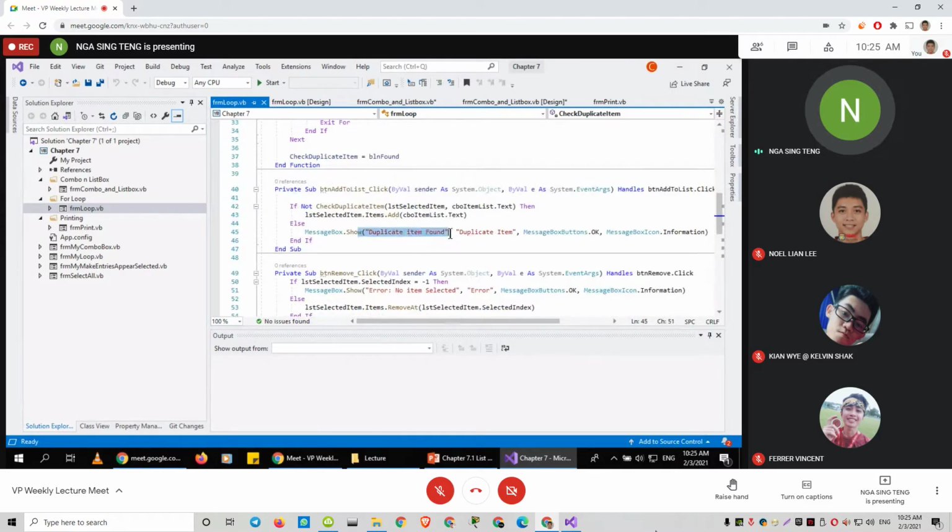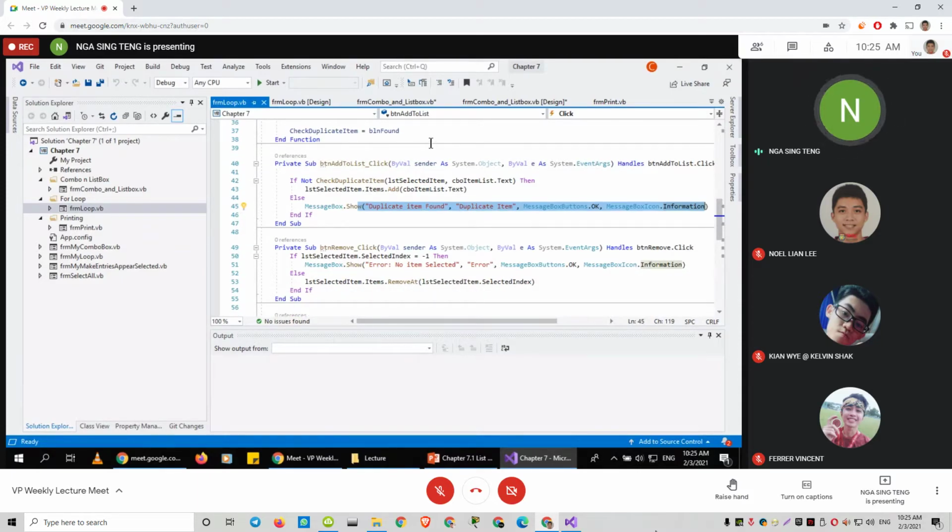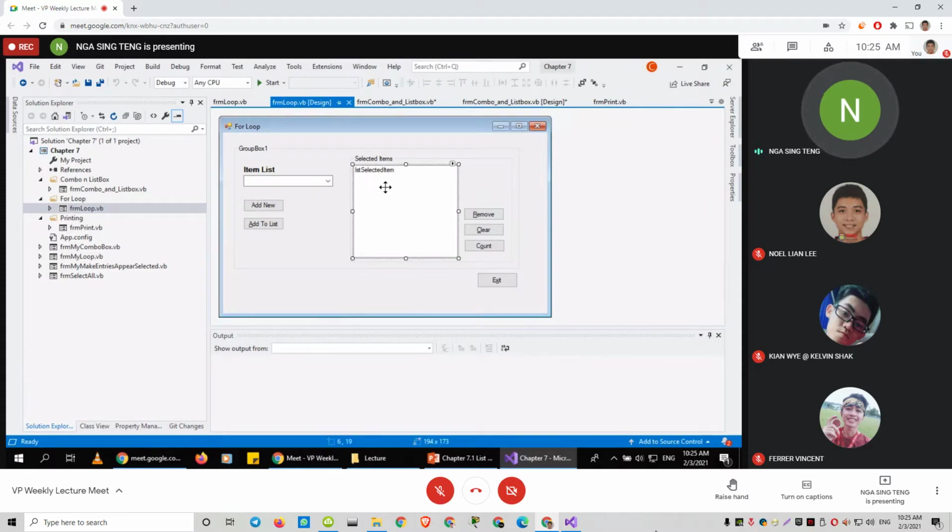It will say duplicate item found if that's a duplicate item. Okay. The same goes for the selected item list box here. If you want to add the same item, let's say you already added keyboard into this list, and you select keyboard again and add to list again, then it will mention duplicate item selected. Because with this check